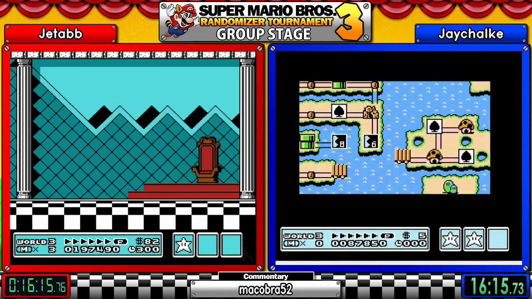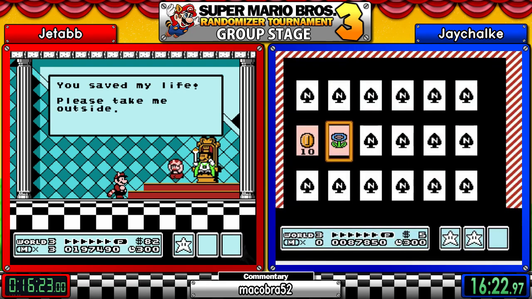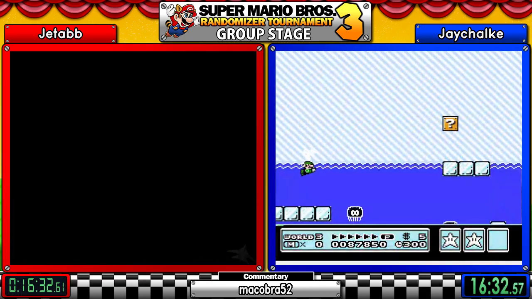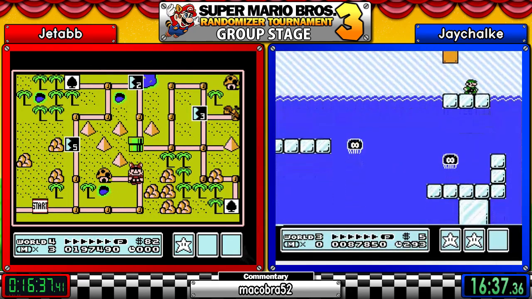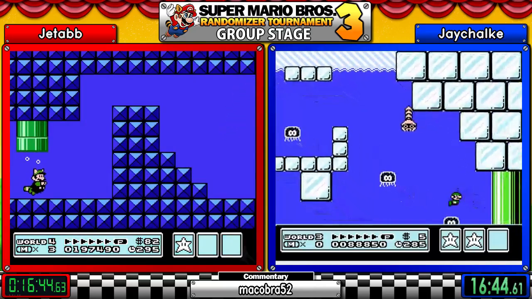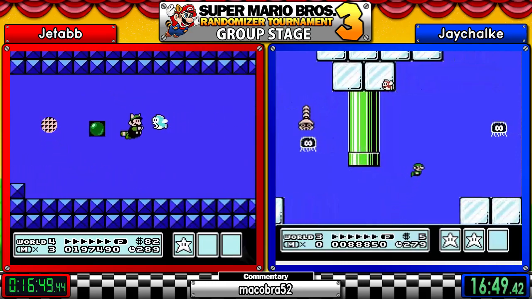Alright, so Jaychalke has beat the correct fort. Annoying to him, because I'm not sure if he checked all his pipes or not, but... Let's see. It's just a matter of finding his way back to it now. He's going to play World 5, and it is Atlantis. It looks like he's going to play it out, unfortunately. Oh, man. That is rough. Little does he know he does not have to play Atlantis in order to progress, but...